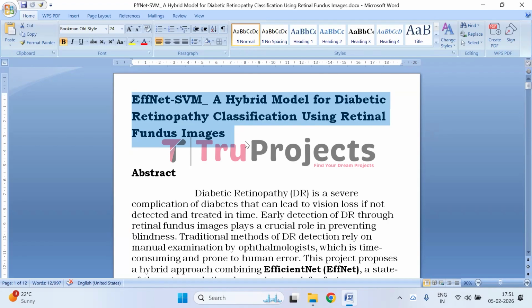So before getting into the video, let me give you a brief description about the project. The project focuses on detecting and classifying diabetic retinopathy, a diabetes related eye disease, from retinal images. It combines EffNet, a deep learning model for extracting high quality image features, with SVM, a machine learning classifier, to improve accuracy and efficiency. This hybrid approach leverages the strengths of both deep feature extraction and robust classification for precise